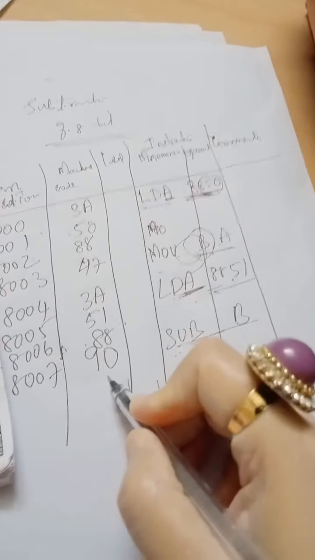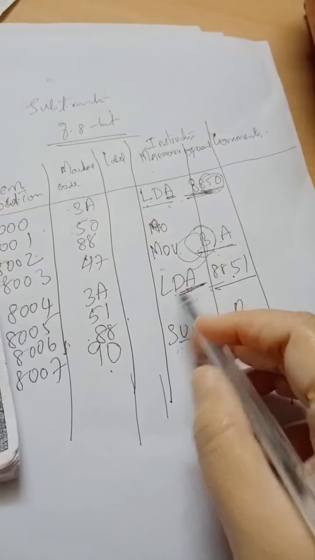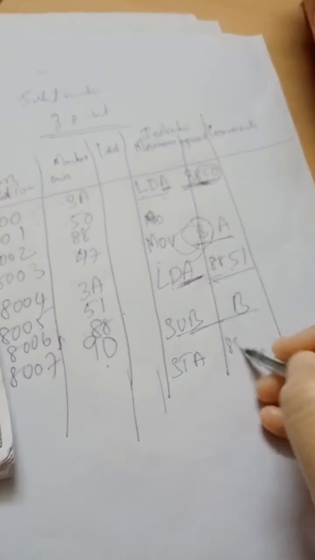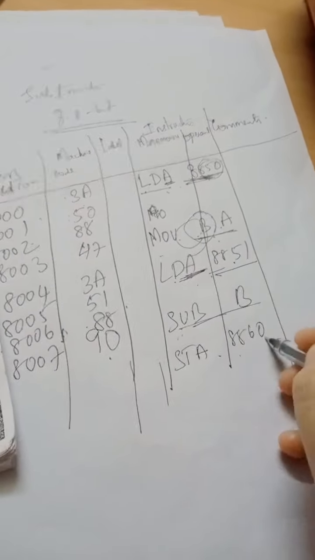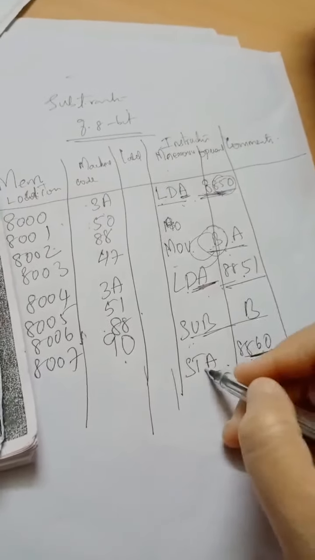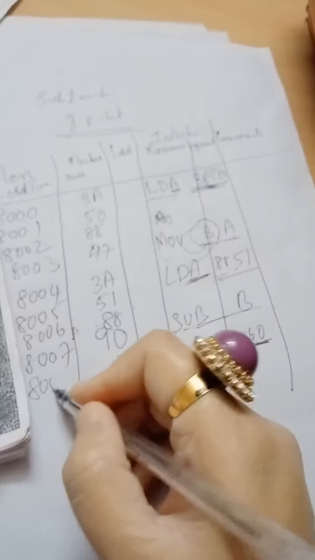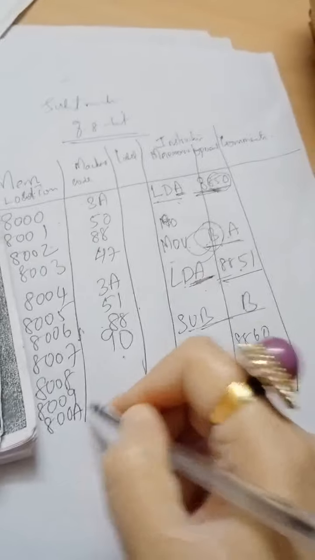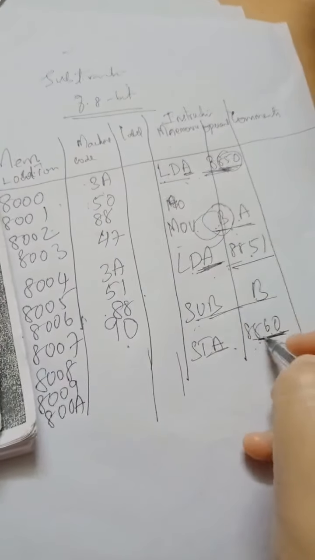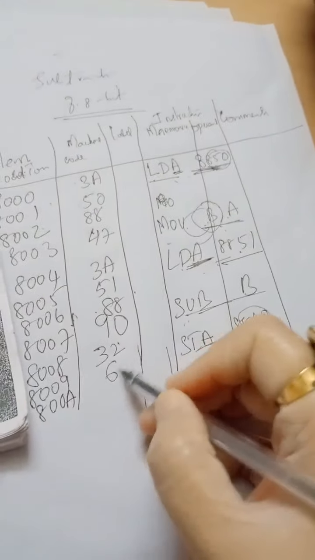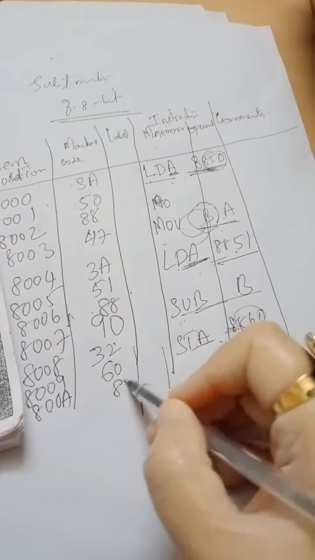Now after the subtraction is over, where will the result be? In the accumulator. So I again have to store it at 8860. I can write any other address also, it's my wish. You can write your wish. Okay, so it is 3 bytes, STA is 3 bytes. It will take 8008, 8009, 800A. Why A? Because it is hexa. Okay, now what is the code of STA? 32 is the code of STA. Now I will load 60 at this location and 88 at the second location.